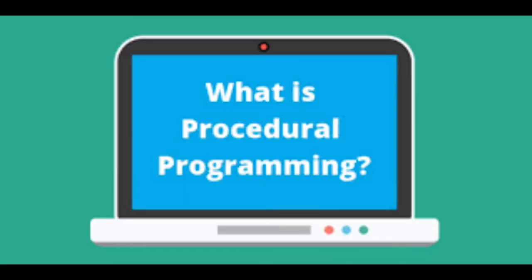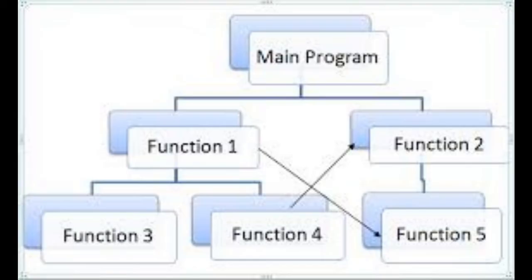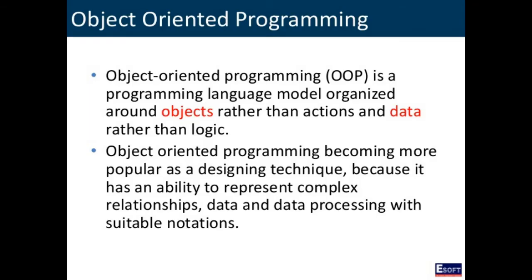Procedural oriented programming is the ancient style of programming where procedures, that is functions, are the main structural features of programs. That means the whole program is divided into smaller units called functions, and the main emphasis will be in the functions rather than the core of the program. Example for POP is C, COBOL, etc. Nowadays, POP is not being used anywhere because of its inefficiency to deal with the real world needs.